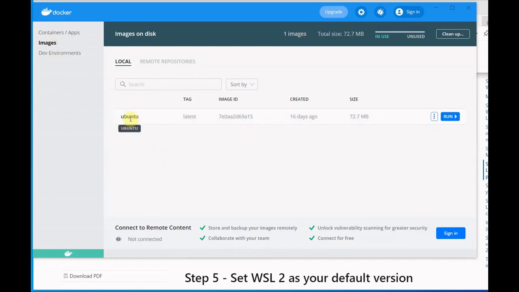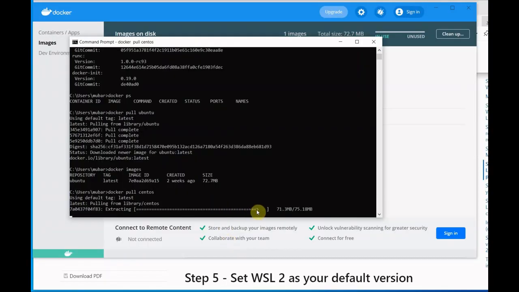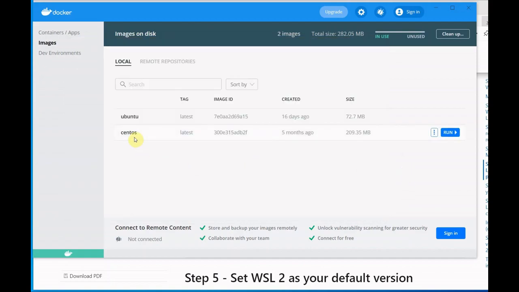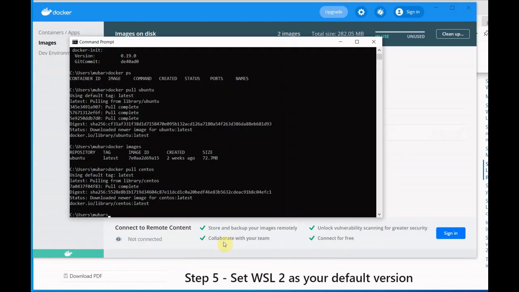Recently we downloaded one file, that is Ubuntu. So Ubuntu is available and all details are available here. So simply double click, because another file, the CentOS file, is in progress. Once it is downloaded, it will reflect here. See, CentOS downloaded. Now let's try one more file to check. Docker pull. Let's download Nginx.